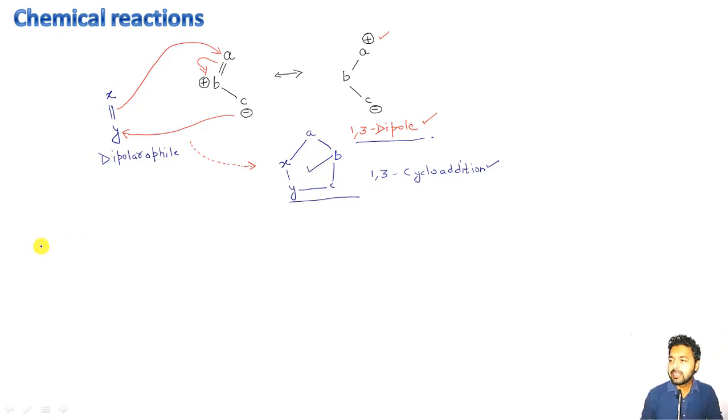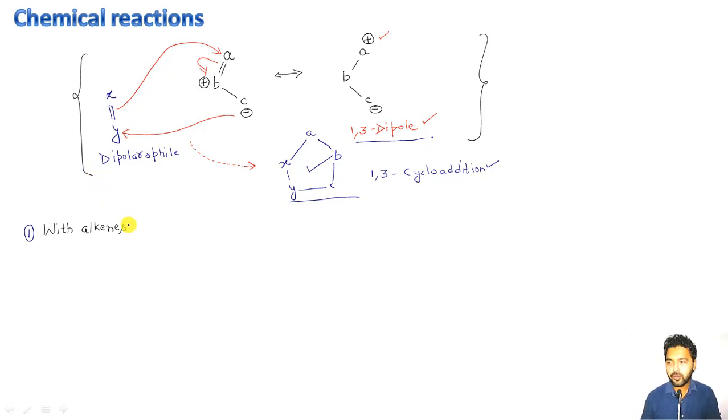So let me take the very first chemical reaction, and let me write here that this chemical reaction is with alkenes, right? Obviously the reaction of our mesoionic, which is a type of 1,3 dipole, with this alkene, which will behave like a dipolarophile, will be simply a 1,3 cycloaddition. Whatever we have discussed here, the reaction will be like this.